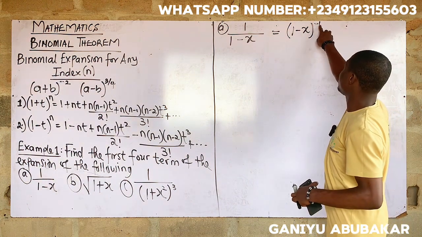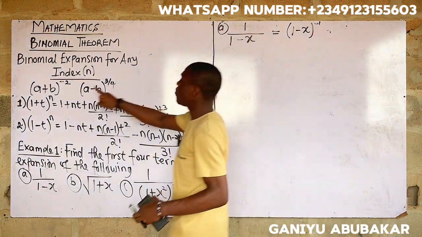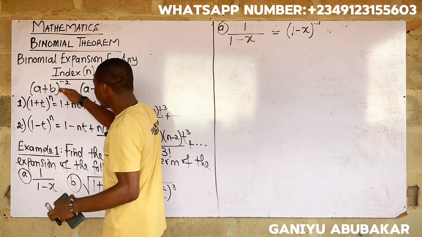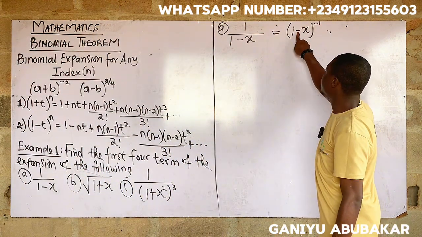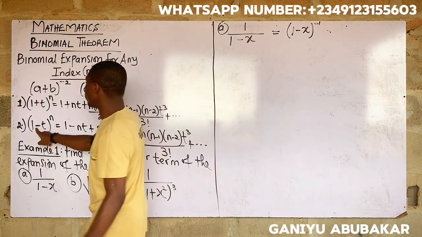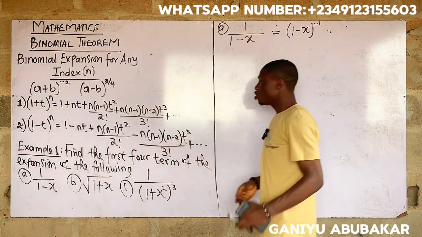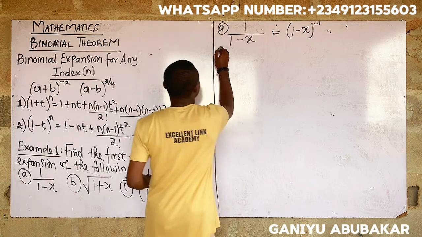So I'm having a negative power here. Of course, I should apply these two formulas. So which one will I go with? I'm having negative here, so I'm going with this negative one, right? So at this point now, I'll recall